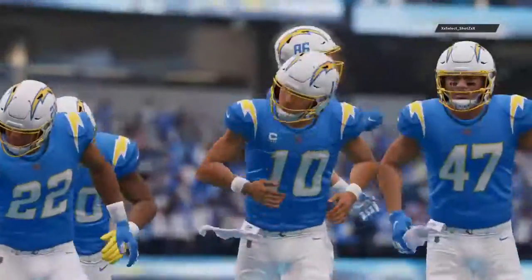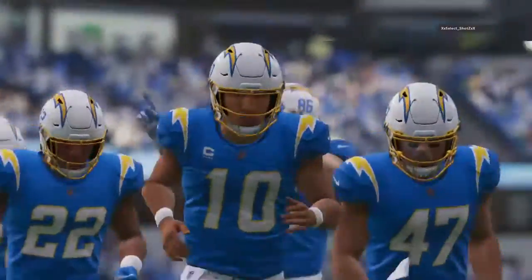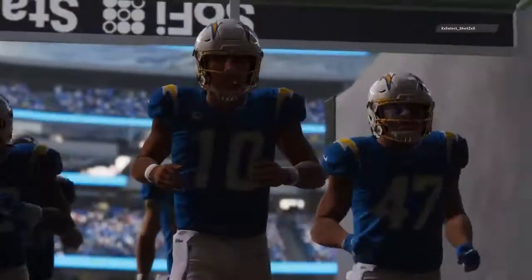So for the Chargers, they move back over 500 at 3-2 now on the year. So that'll just about